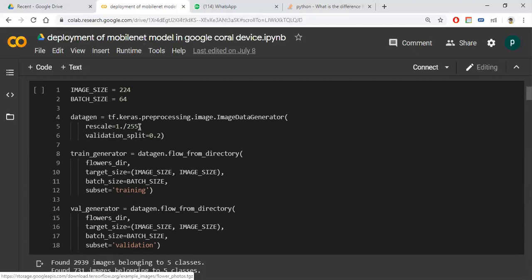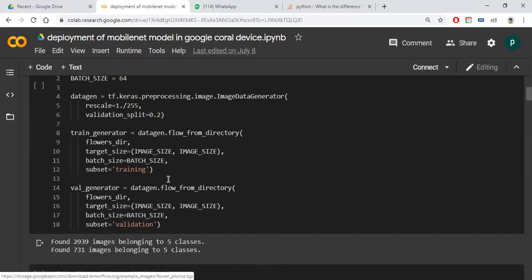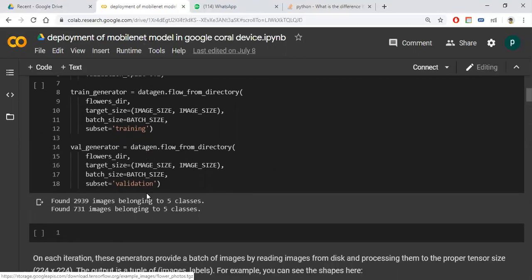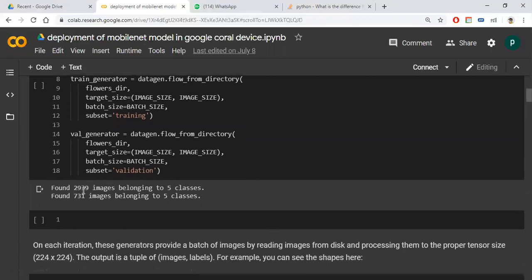I gave 224 because I am using the MobileNet model, so it requires input of 224 by 224, and I give the batch size and subset training. It is for training. For validation, it is the same; instead of training, we replace it with validation. So it consists of 2,939 images for training, belonging to 5 classes, and 731 for testing.